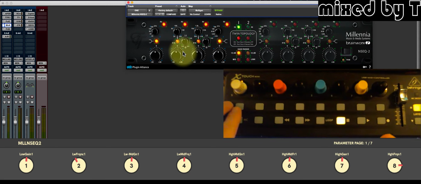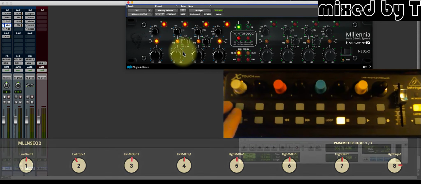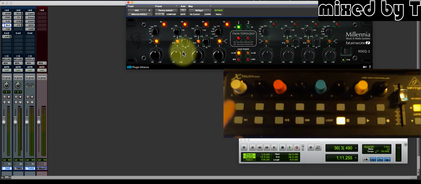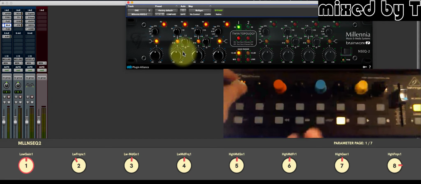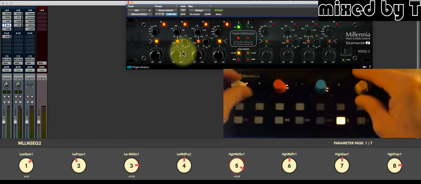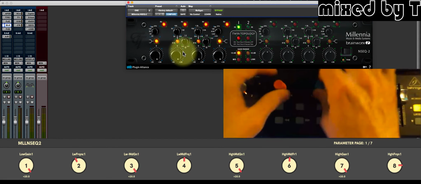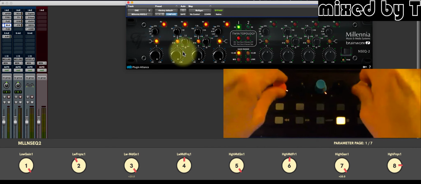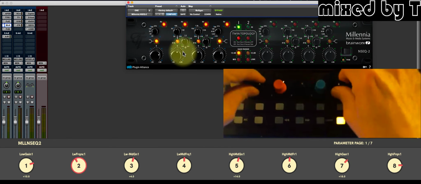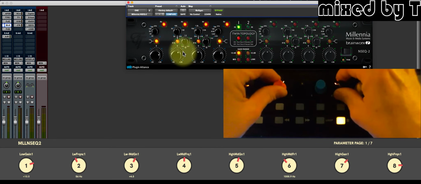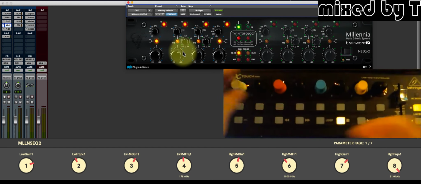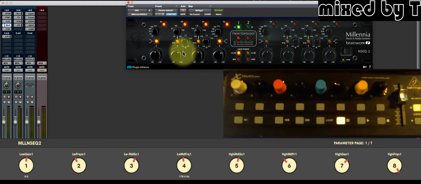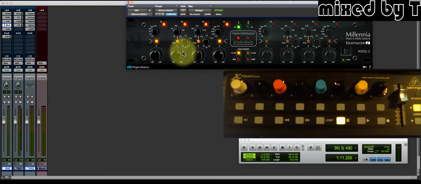Here's another example, before I show you how you set it, of my NSEQ2: all my gains, and my 4 bands of frequency. This is all my gains on my gummy knobs, so I can quickly do the gain. And here, these are all my frequencies on those knobs. So after a while, you can be like, I'm really used to this. So let me show you how we program a